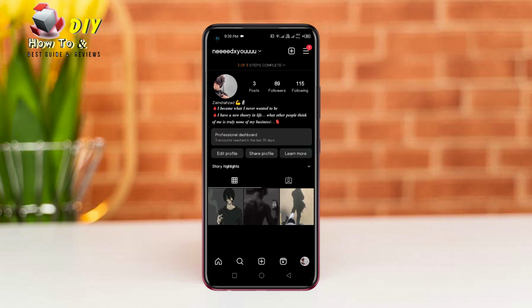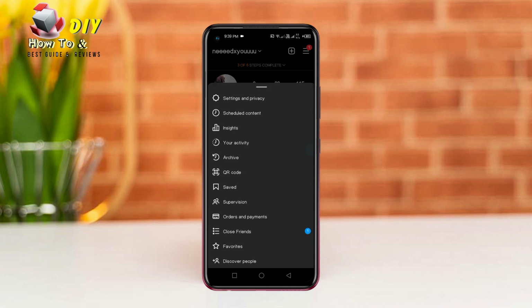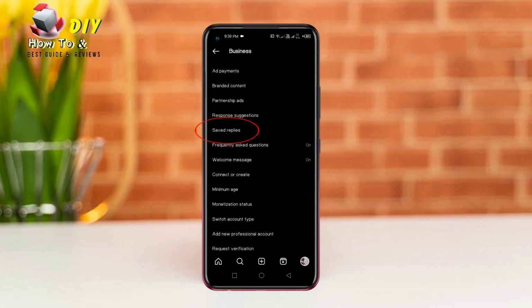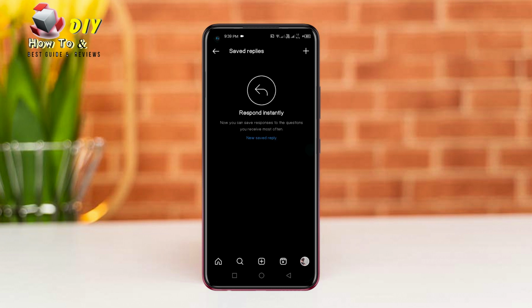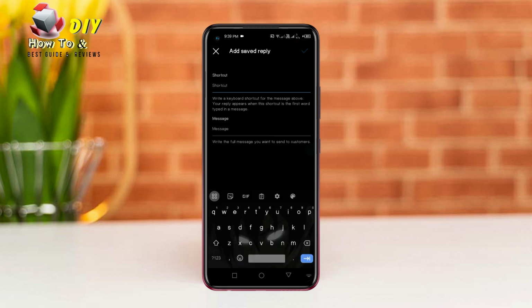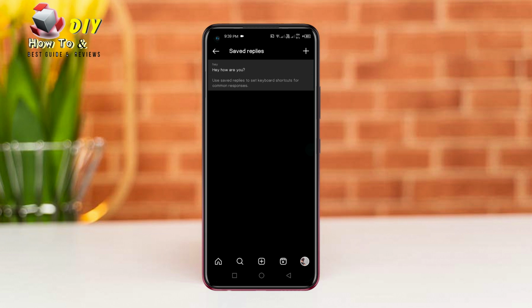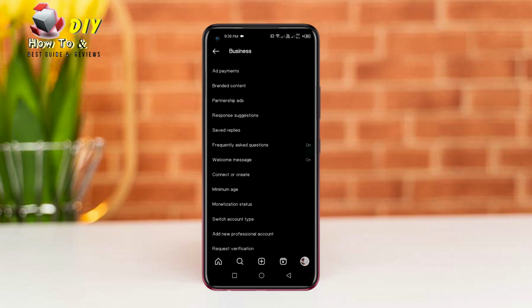First of all, open your Instagram app and go to your profile, and tap the business tools, and tap the saved replies, and tap the plus icon on the top right, and you need to type a shortcut key and you need to type a full message, then tap tick. Now open your chat